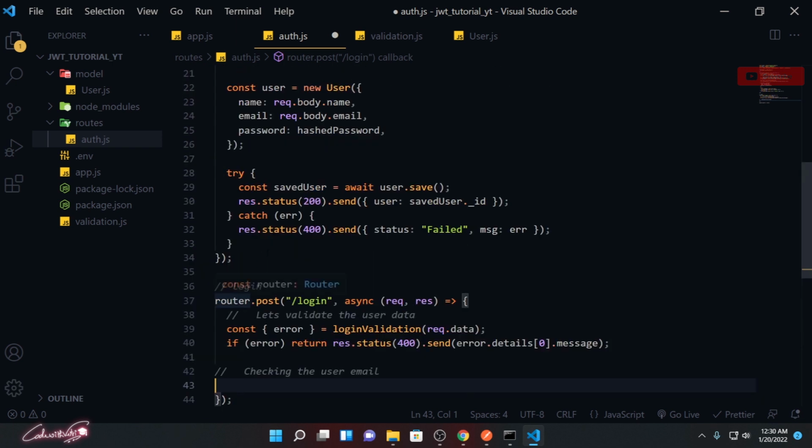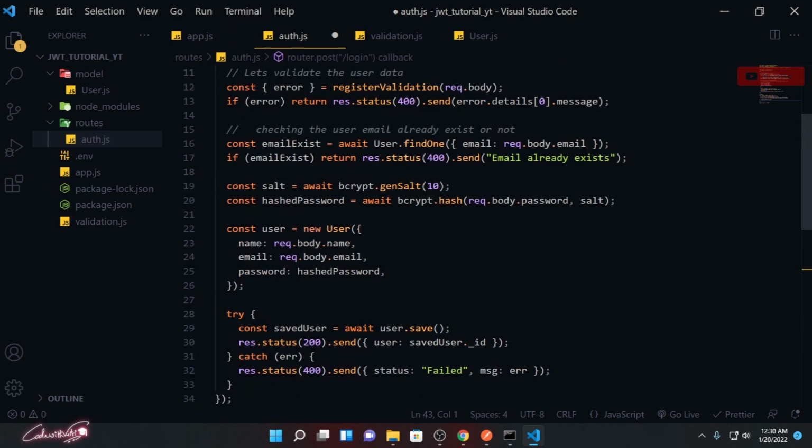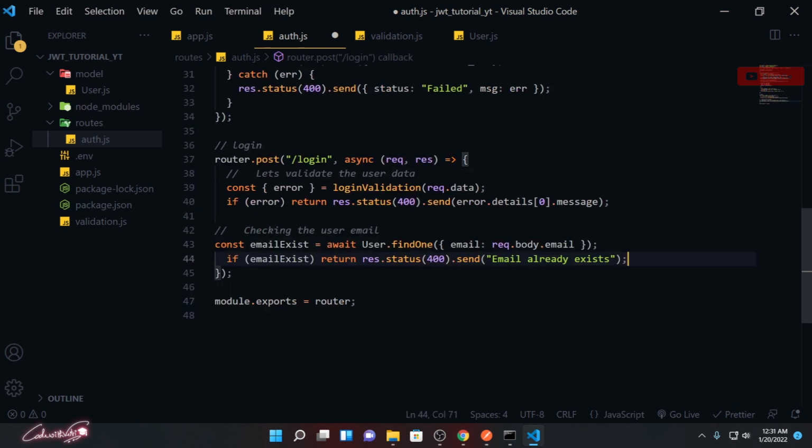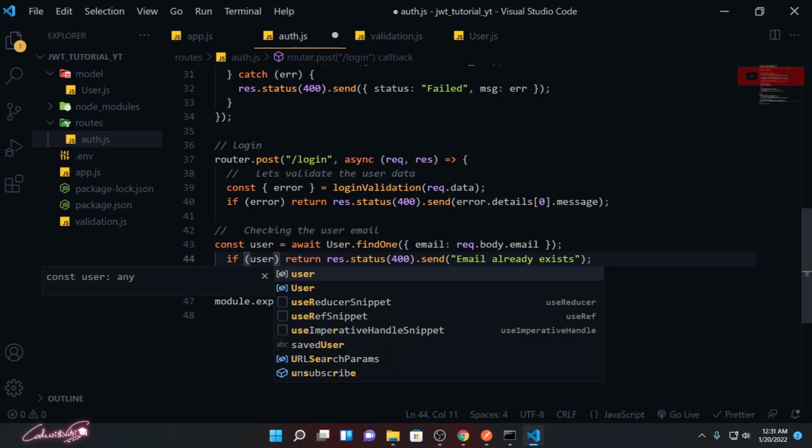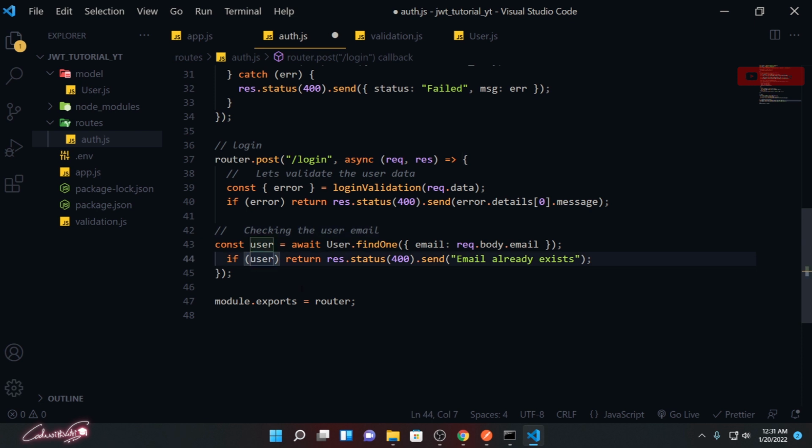So what I'm going to do is copy this line and paste it over here. Instead of email exist, I'm going to change it to user. Okay, if the user is there, that means the user is already in our database, so we need to enable the user access to log in.